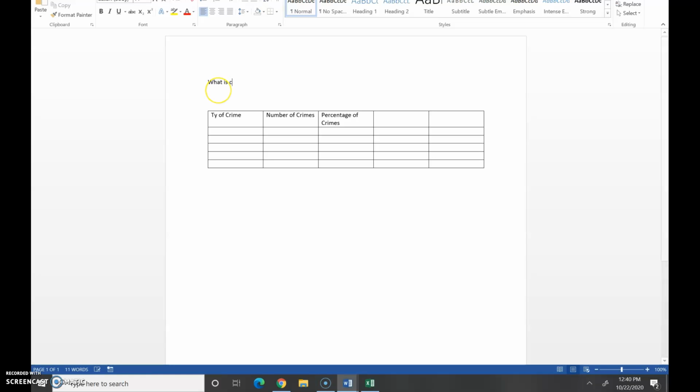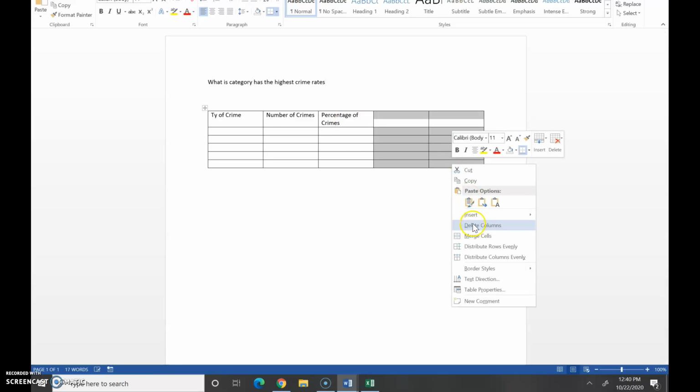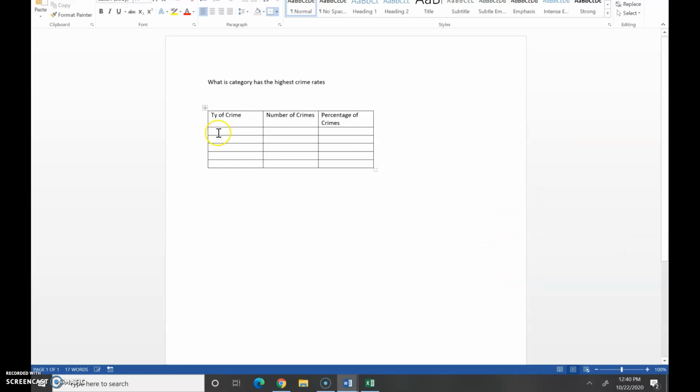what category has the highest crime rates? Okay. And then look, I made too many extra rows here. I'm going to delete these columns, and then here I'm going to do type of crime, right? And on that list, there were a ton of types of crimes listed. I don't know, possession of firearm, right? And then I could do, I think there was like theft by vehicle,